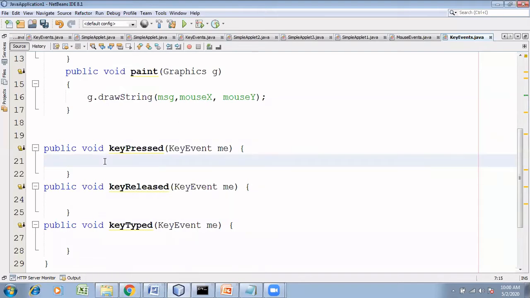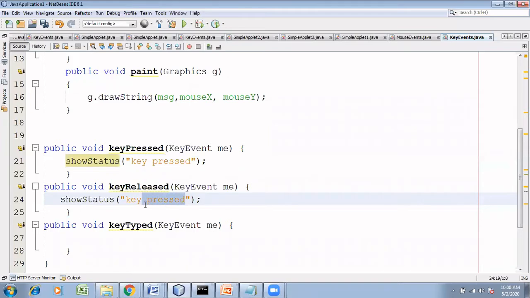Now when I press the key, what should be shown? Show status of key pressed. That's it, I'm just showing key pressed. Then when I release, it should say key released. Then, when I type the key,